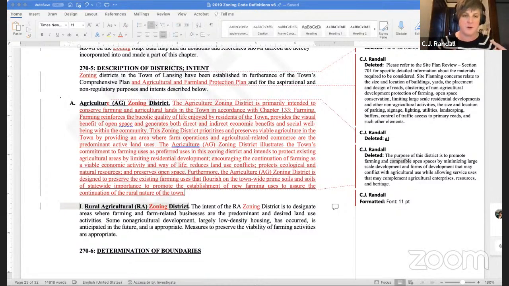So, just backing up a moment, I am hearing that there could be better information given to people when they come to get a building permit to construct a single family home within the ag zoning district, at least for existing lots. It sounds like maybe folks just aren't prepared for some of the limitations associated with that, and that we should be doing extra outreach in relation to Chapter 133 to make sure people are aware of right to farm and some of the potential impacts that they're likely to be facing. At least if I'm hearing that correctly.